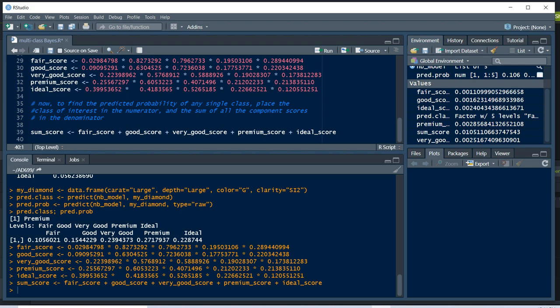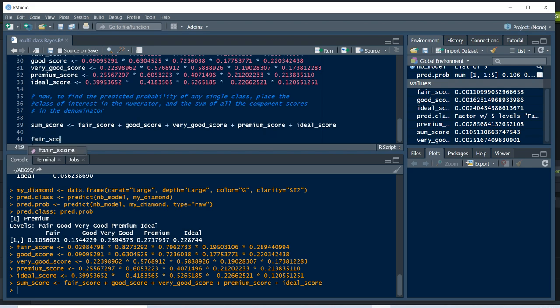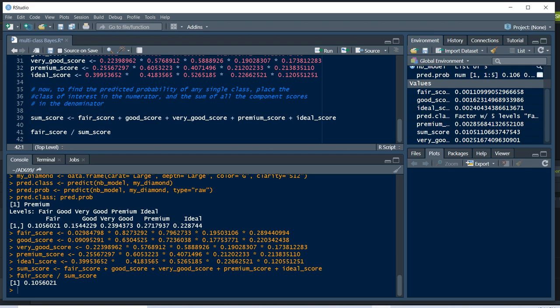And what we can do is we can say, okay, for this particular diamond, what is the probability that we would attach to it to have an outcome class of fair? And so what we do to answer that question, we say fair score, and then we just divide that by sum score. So we take that value, we divide it by the sum of all the values, and then we get a result, and that result,